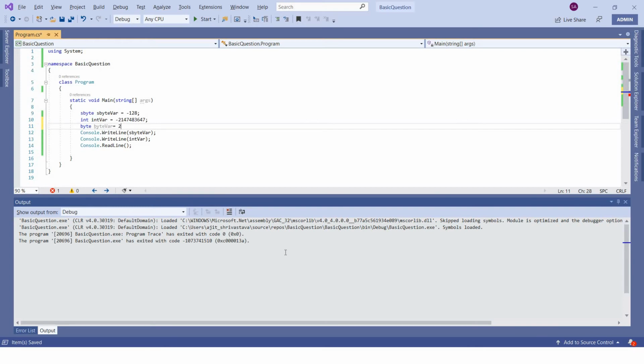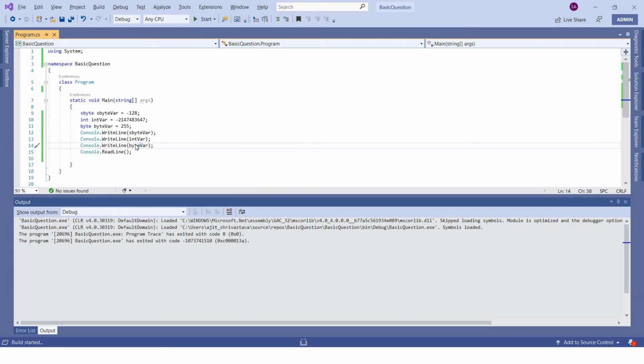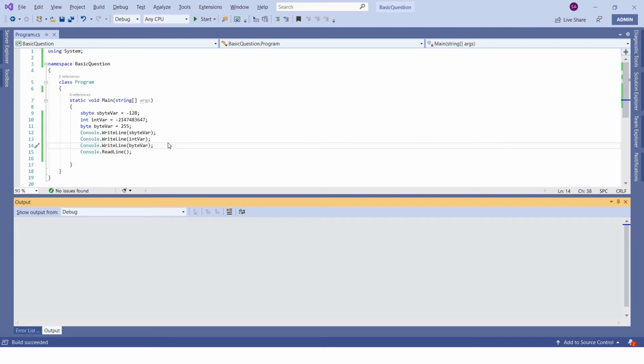If we store 255, it will happily accept this, right? If you want to print it, you should be able to print it.